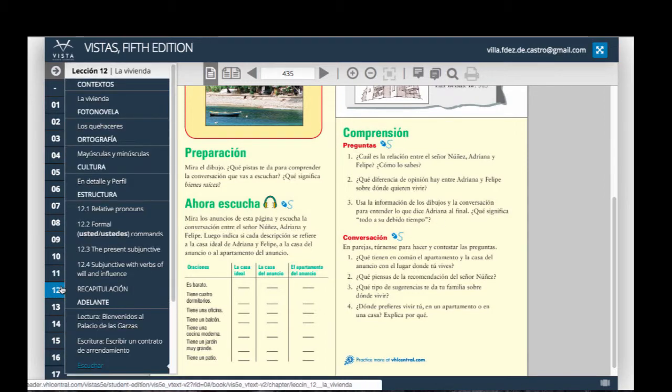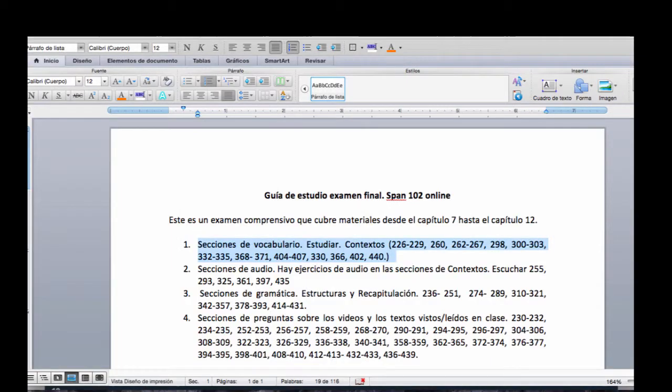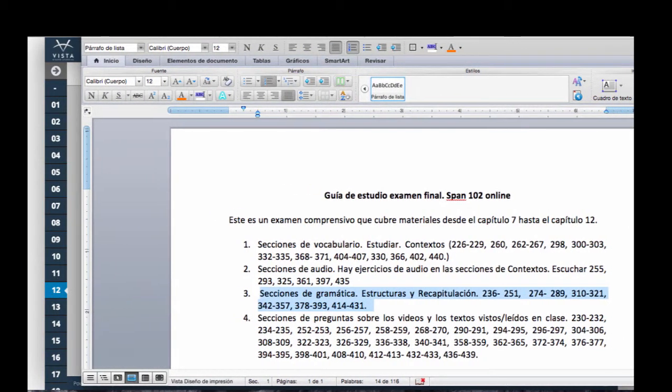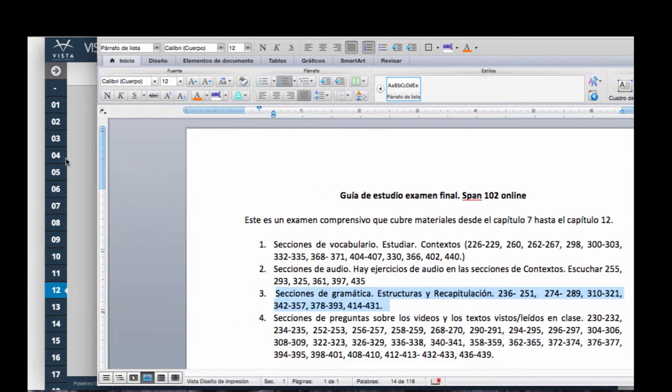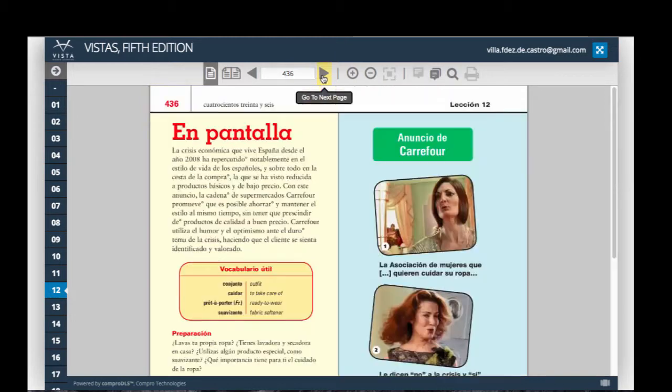Anyway, vocabulary exercise, audio exercise, and then we're gonna jump to structures, like always. This is the audio sections to prepare for the test, and these are the grammar sections of chapter 12, but of course you need to go back and review the grammar sections on chapter 11, 10, 9, 8, and 7. Okay, so for grammar,